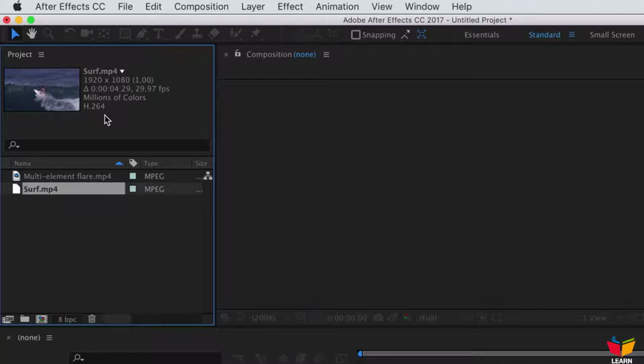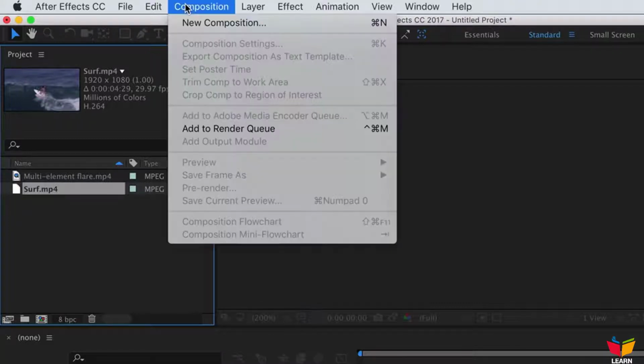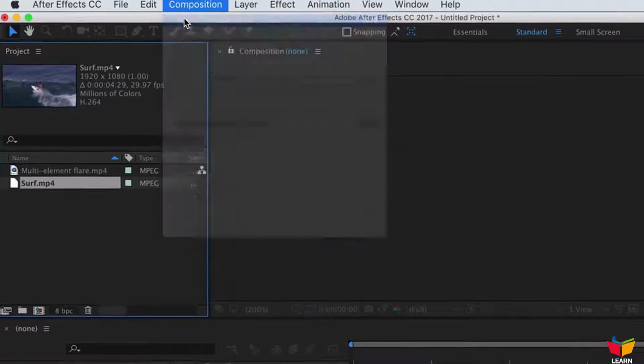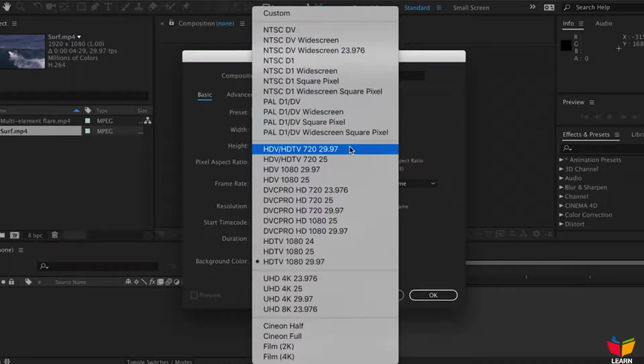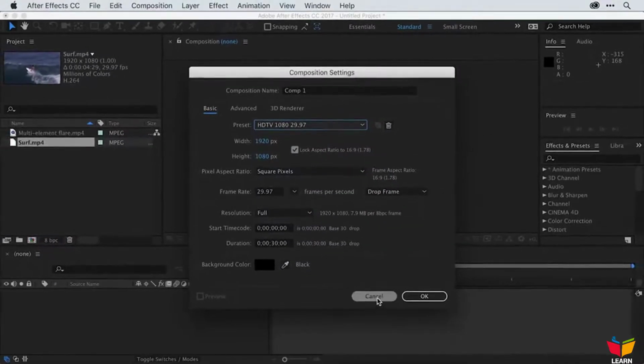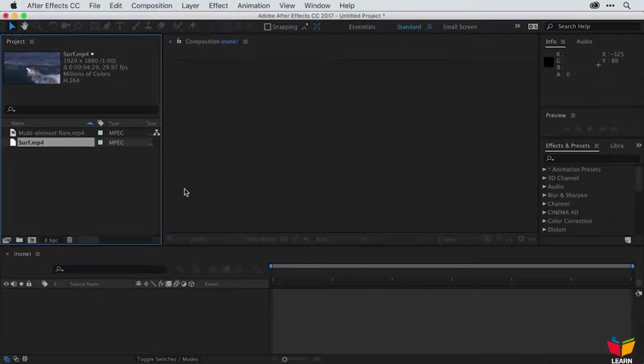Now, in order to create something out of After Effects, we need to add it to a composition. To create a composition, we can do that one of 2 ways. The first way is to go up under Composition and choose New Composition. This will open the Composition Settings dialog, and here under the Preset pull-down, I can click, and you'll notice I have a whole bunch of different presets with different video resolutions and film resolutions you could use to create your compositions. I'm going to click off this pull-down and click Cancel